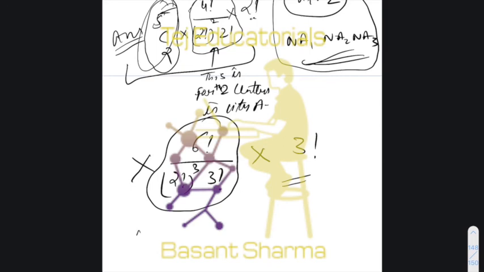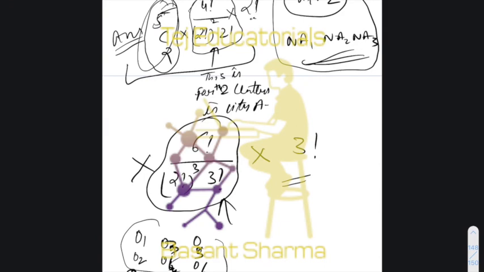Let's say object 1, object 2, object 3, object 4, object 5, object 6: groups like object 1, object 2; object 3, object 4; object 5, object 6, or object 1, object 6; object 2, object 4; and object 3, object 5. All those ways, right? This will tell you the number of ways in which you can form 3 groups, each of group size 2.